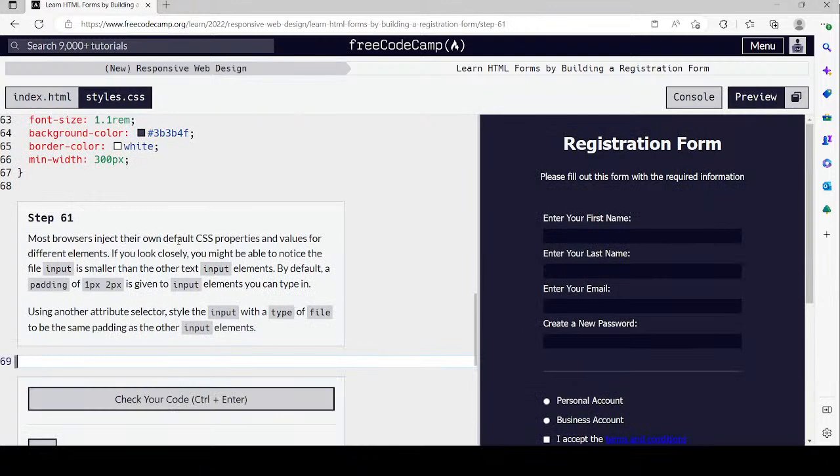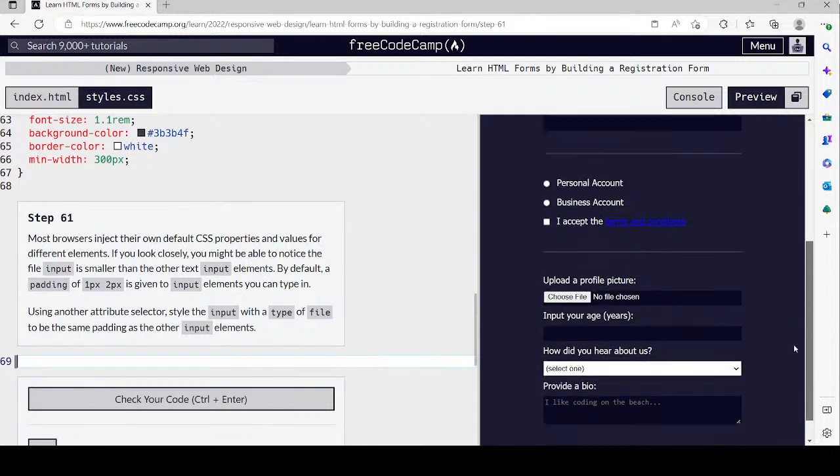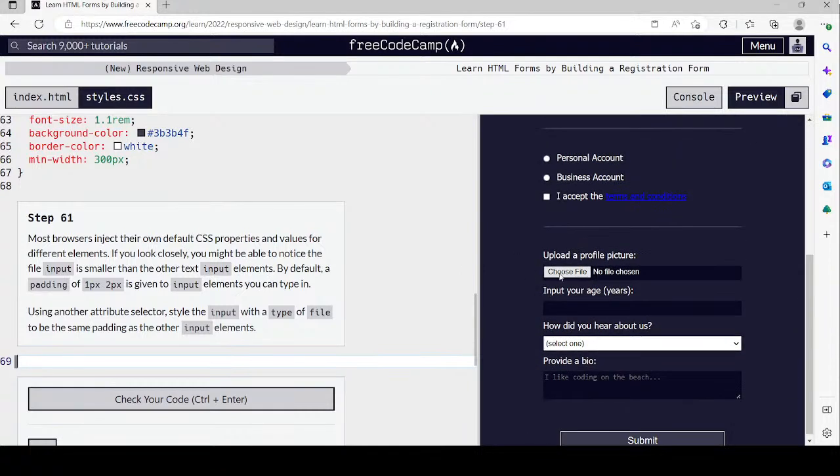So 61, most browsers inject their own default CSS properties and values for different elements. If you look closely, you might be able to notice that the file input is smaller than the other text. So this is smaller than this. By default, the padding of 1px, 2px is given to input elements you can type in. Using another attribute selector, style the input with the type of file to be the same padding as the other input elements. Okay, so